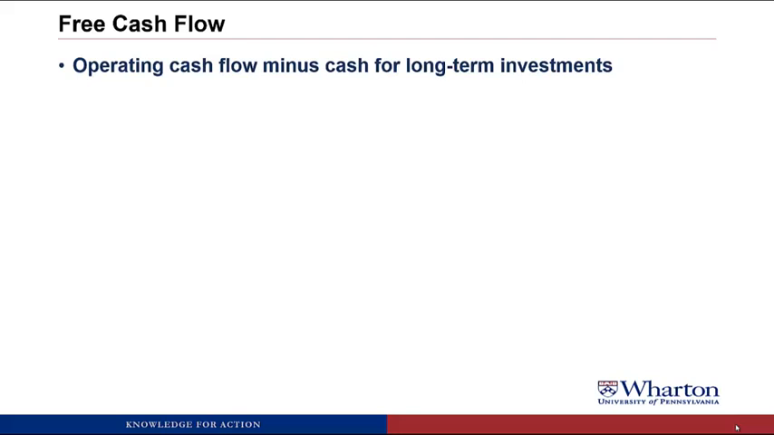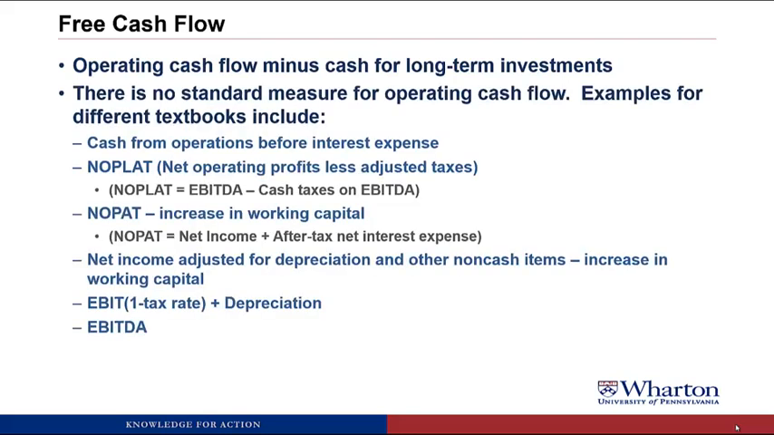The problem is that if you look across these measures of free cash flow, there's often no standard measure for operating cash flow. I've got a number of accounting and finance textbooks lying around my office, and they all seem to define operating cash flows differently. One book defines it as cash from operations before interest expense, so using the FASB number and then adjusting for interest expense. Another defines it as NOPLAT, which is net operating profits less adjusted taxes, which would be EBITDA minus cash taxes on EBITDA,